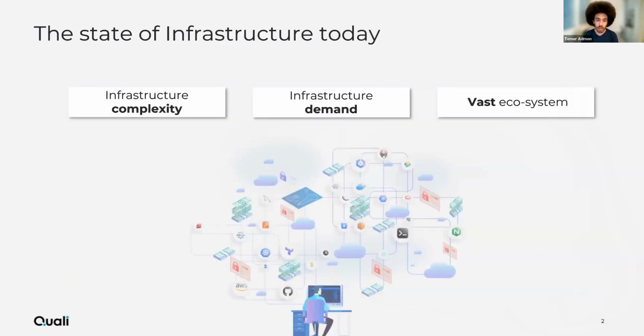Quali obviously has a lot of companies that we're working with, a lot of customers. And throughout those customers, I think the most common things we feel in the infrastructure space today are 3 main challenges, or 3 main things that we hear over and over and over.